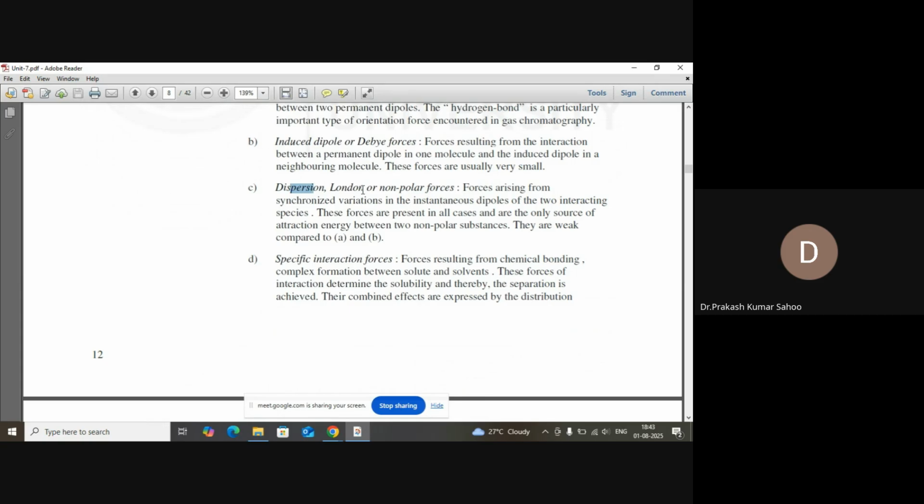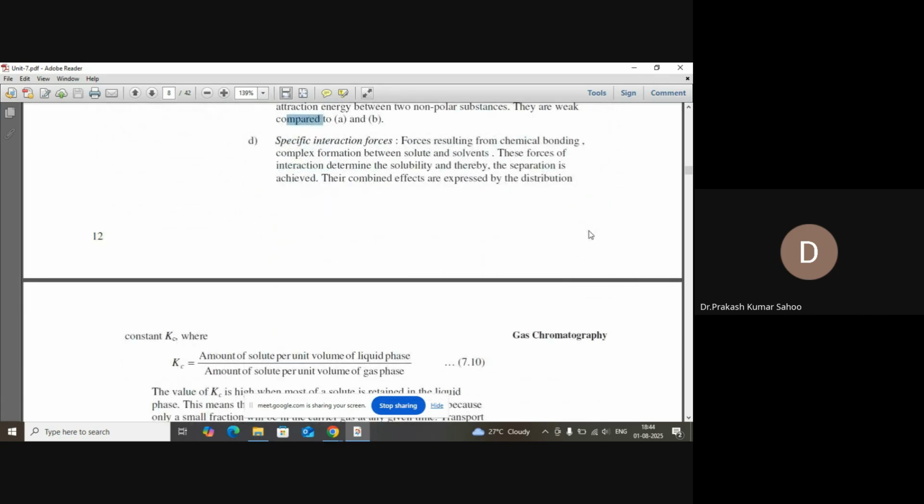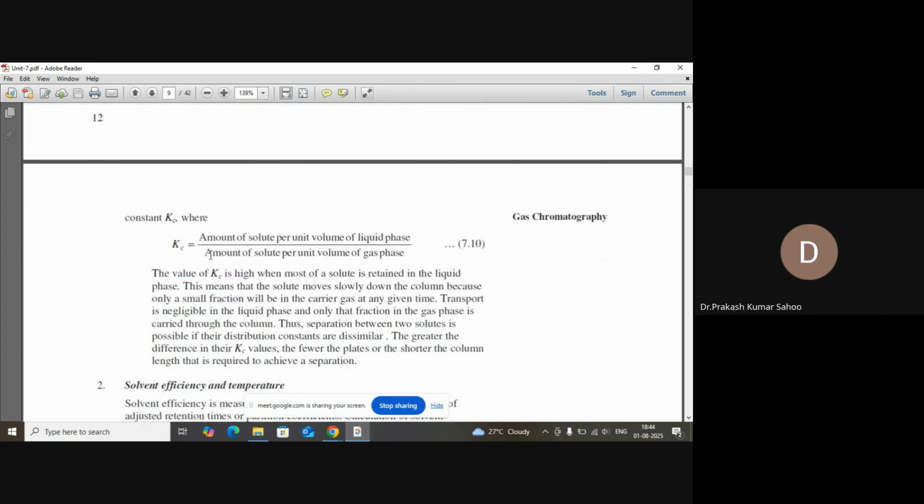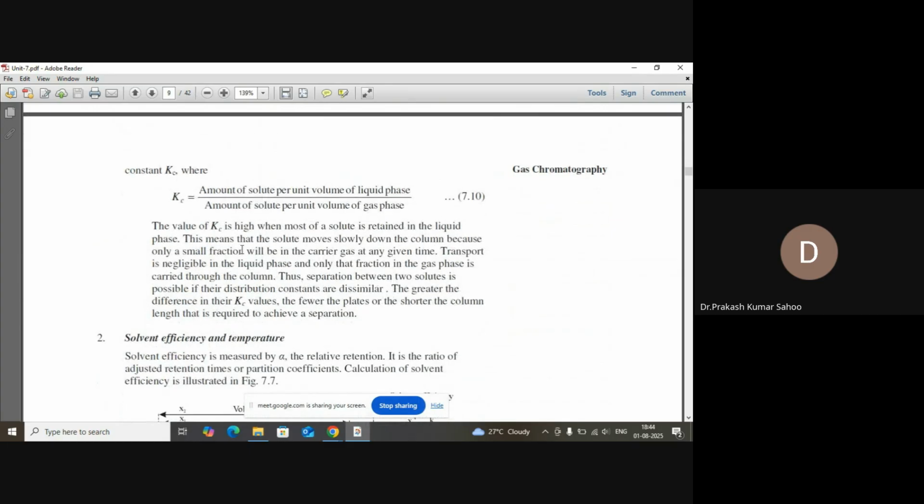Then we have the dispersion London force, that is between non-polar molecules. When two non-polar substances come close to each other, due to the different charges present in those substances, a weak dipolar interaction is created. In specific interaction, we have forces resulting from chemical bonding and complex formation between solute and solvent; the interaction determines the solubility, and so on. So it is the distribution constant Kc,